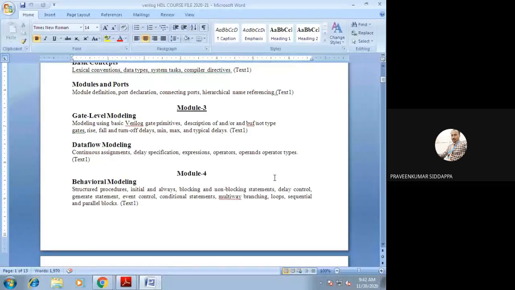After designing, using that design, we should write the code. The name itself suggests it: by seeing the gate level diagram, we should write the codes. Whatever gates we have used should be written in your code.